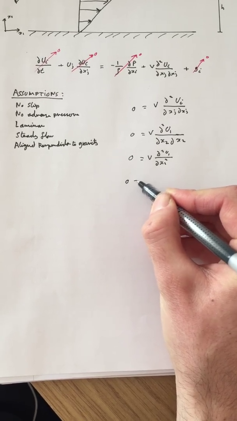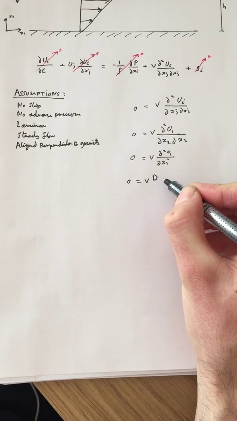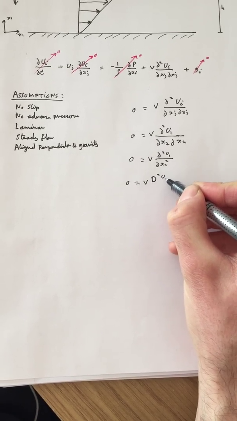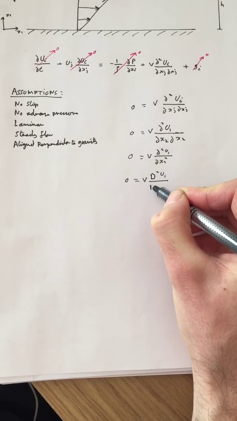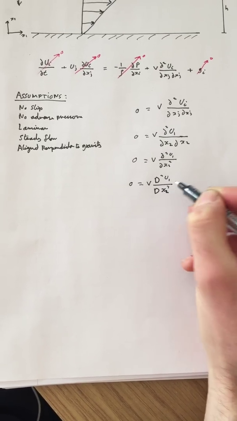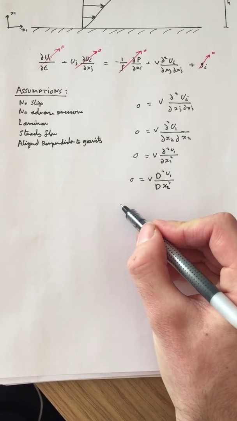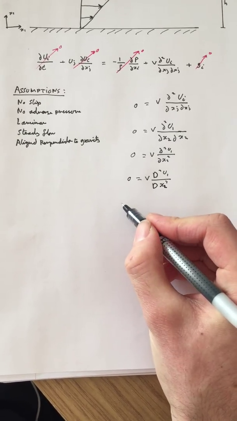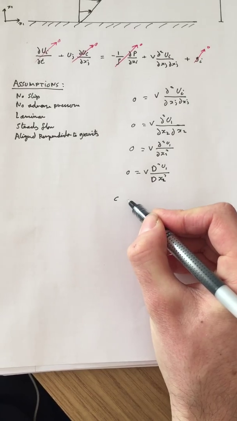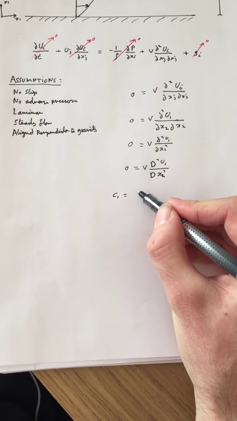So 0 is equal to, and if we integrate it, not forgetting the constants, we get a constant is equal to